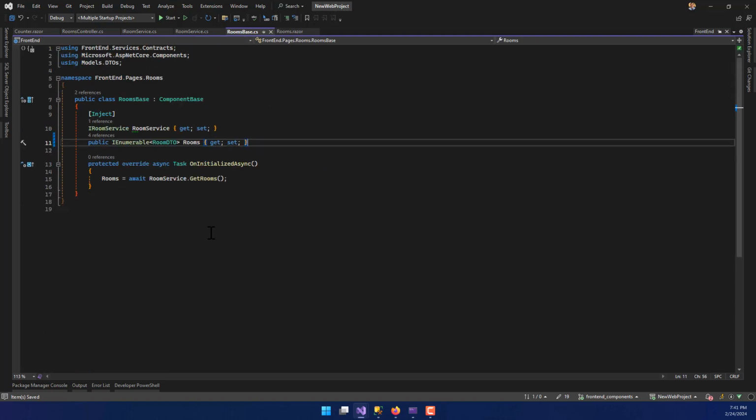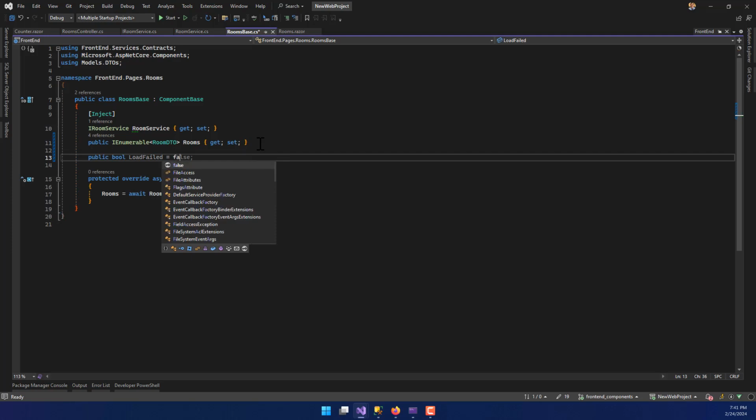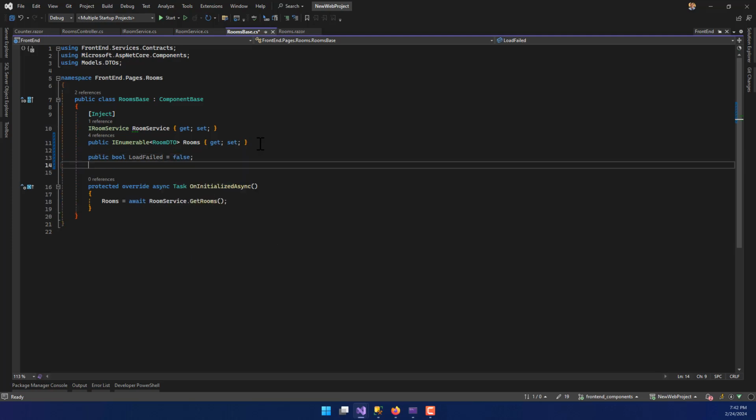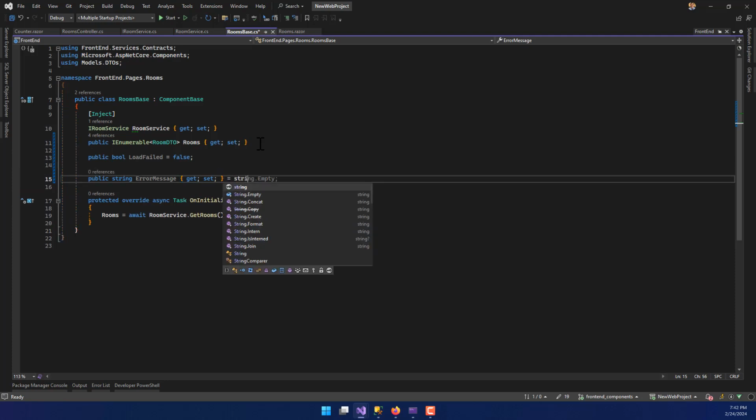So I'm going to go to the rooms base here. And let's see, I've got my IRoomService. I've got my IEnumerable of the RoomDTO. So now I'm going to do a little bit more error checking here. I'm going to say, first of all, public bool, and I'm going to say LoadFailed. And this is going to be for checking, first of all, if the rooms load properly. And then under here, I'm going to say public string, we'll just call it ErrorMessage. And of course, this will be a get set